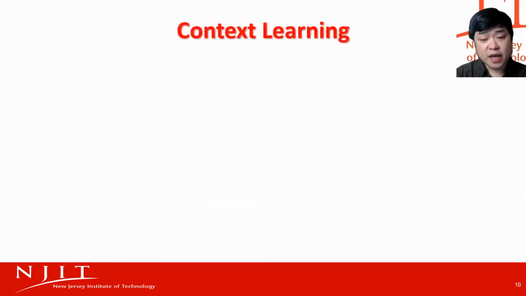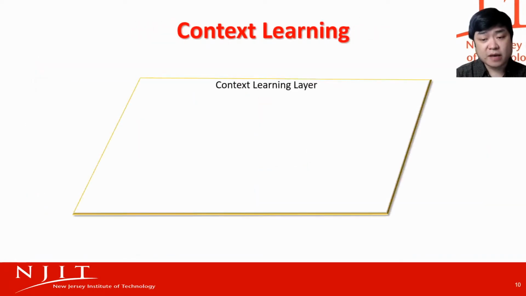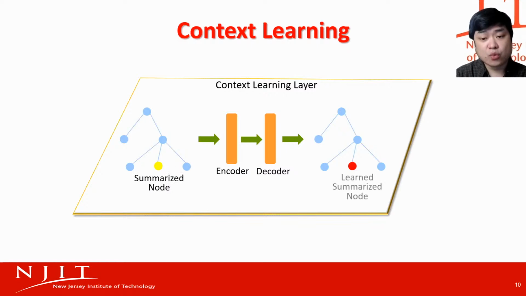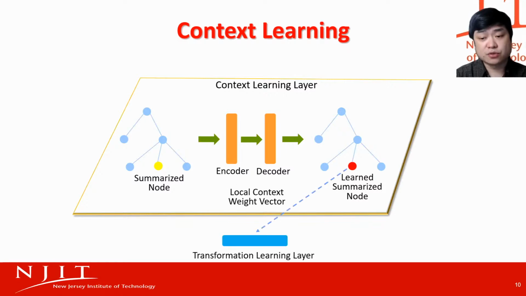To be more detailed, in the context learning layer, we have the buggy abstract syntax tree with the buggy subtree. By passing it through the encoder-decoder framework, we expect to get a fixed abstract syntax tree as a result. In order to learn the code context only, without too much influence from the code fixes, we use a deep learning summarization tool to summarize the buggy subtree into a summarized node. By controlling the output to have the same structure as the input, we get a corresponding learned summarized node that contains the surrounding code context information learned inside the framework. We regard this learned summarized node as the local context weight vector and pass it to the transformation learning layer